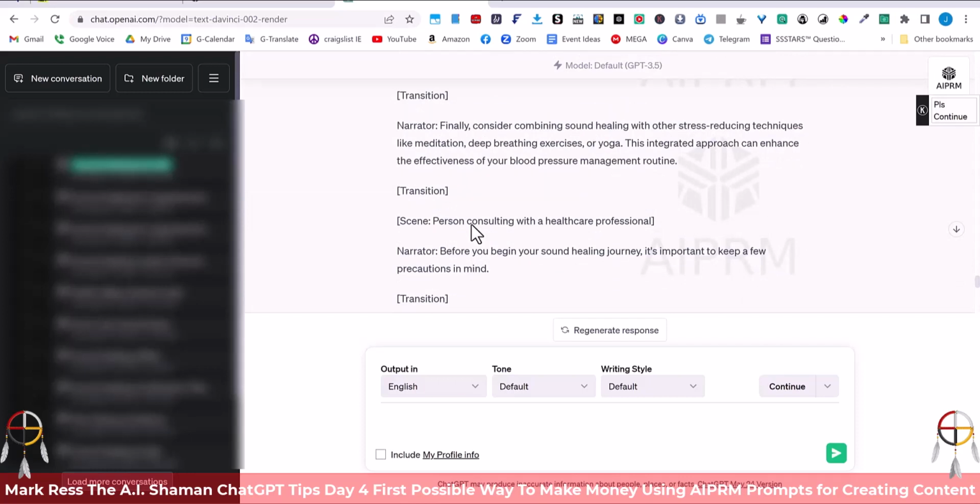And then you can take that content and monetize it by either posting it on your channel or offering to do this service for others. There's so many different ways that you can create content, repurpose content, and leverage the power of ChatGPT to make